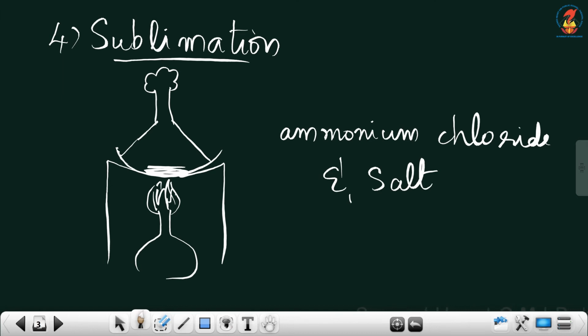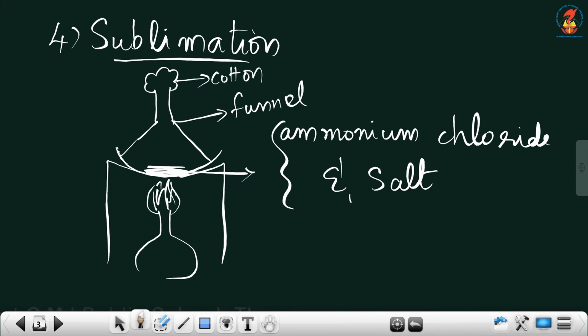At that time we will take that mixture in this china dish. That is the mixture we are taking there, this is the funnel, and this is the cotton. Why do we keep that cotton there? Vapor should not escape out. So we are keeping the cotton there, and on burning, what is happening? During burning, the sublimable material will go into the vapor phase, and those vapors will not escape out. Initially all the components will go into the vapor phase.